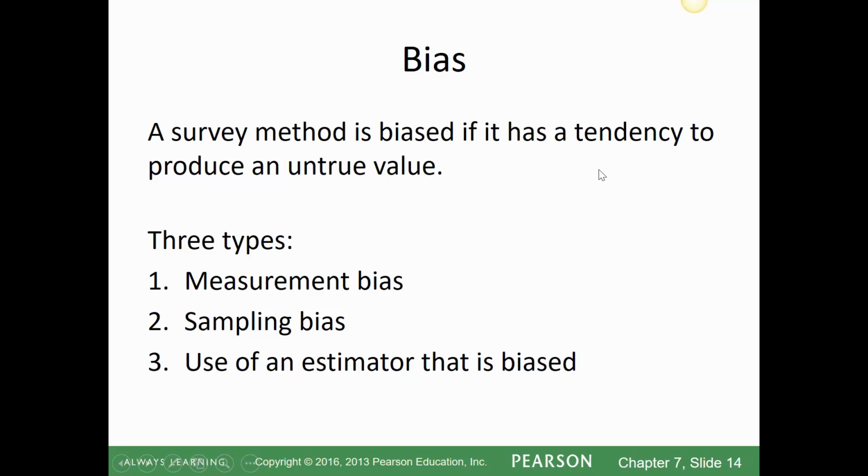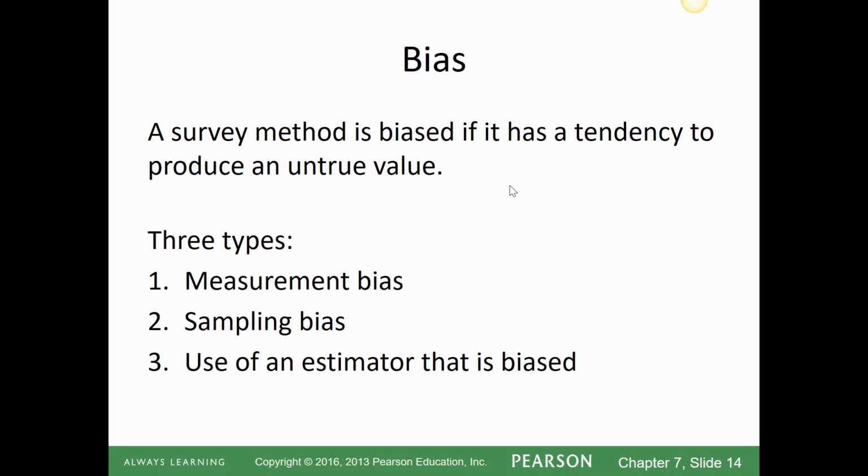An important thing that we want to discuss now is called bias. A survey method is biased if it has a tendency to produce an untrue value. Something to consider is that we can never completely get rid of bias. Somehow, there's probably going to be some type of bias in any survey. But the goal is to limit the amount of bias. The more bias we have, the less accurate our statistic is going to be in estimating the parameter